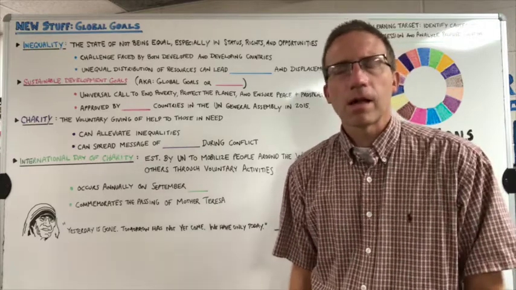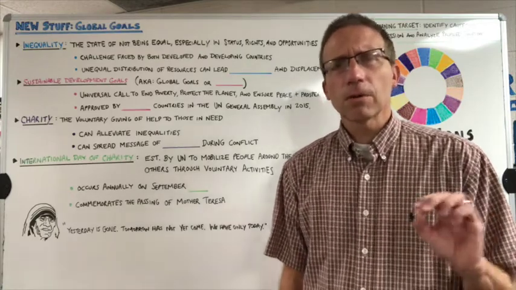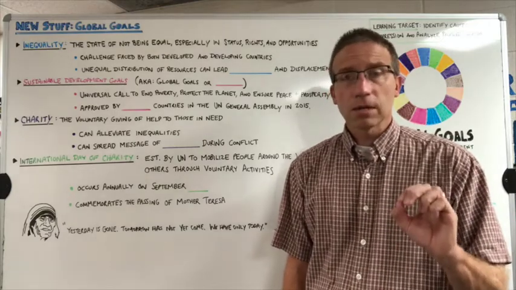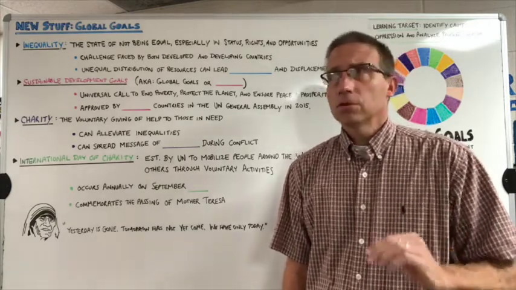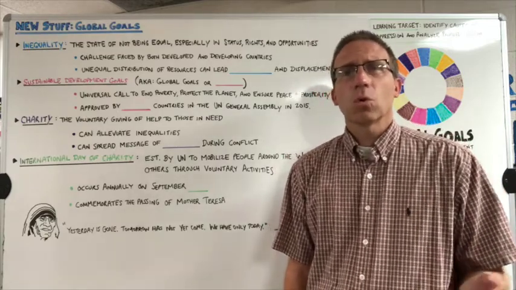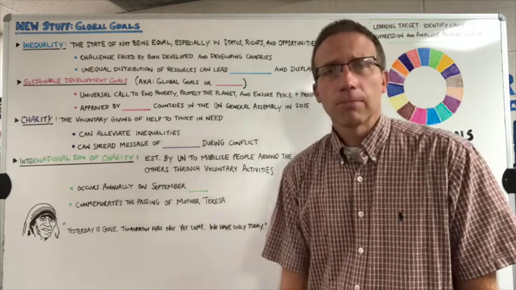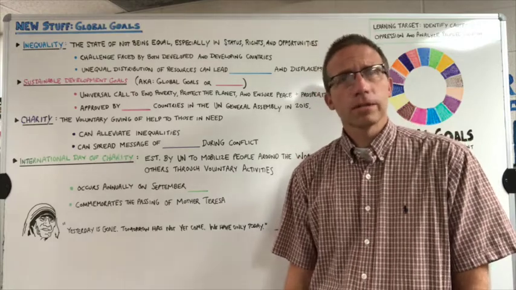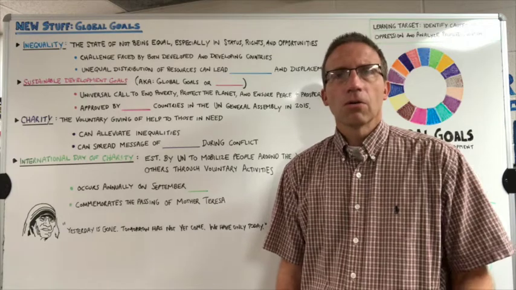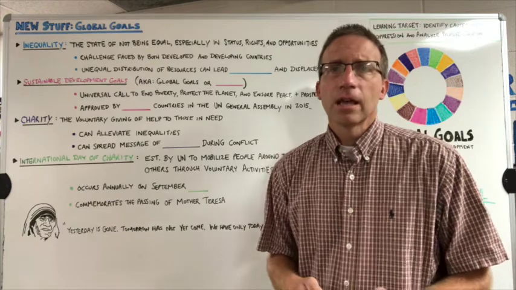Take, for example, inequality in public education. As a student in the Perry local schools, your district is spending somewhere in the neighborhood of $16,000 per pupil on you, which sounds really good, and it is. But if you go to a neighboring school, perhaps like Orange or Beechwood, they're spending upwards of $21,000 per pupil on their kids. And on the flip side, if you go to a poor rural district or a poor urban district, they're spending in the neighborhood of $11,000 per pupil.